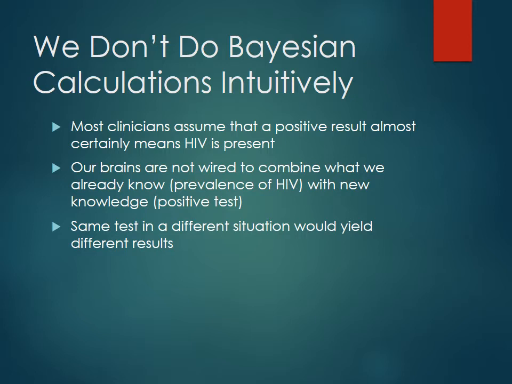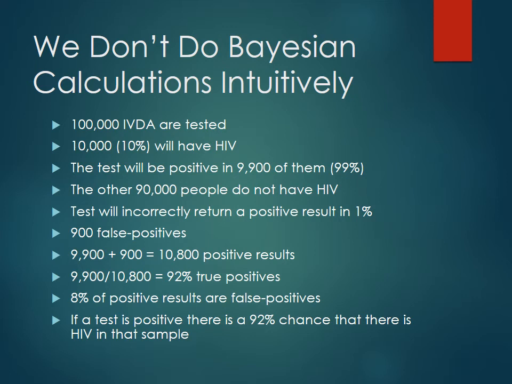So remembering things like the prevalence of HIV, and knowing that if you're working in a place like Washington, D.C., you may be more likely to see it versus if you're working elsewhere. Say we're going to do this test in IV drug abusers, who we know are a high-risk population, with a higher incidence of HIV in that group. Say we test 100,000 IV drug abusers across the country, and instead of having a 0.1% incidence, here we're going to say they have a 10% incidence of HIV. So 10,000 of them we know going into the test have the disease.